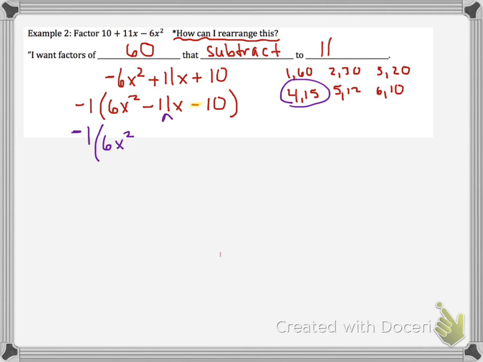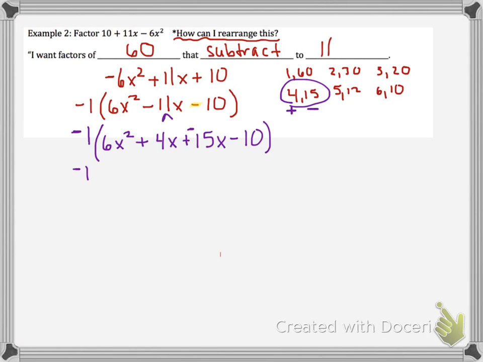We need our middle term to be a negative, so the higher one is going to be the negative term, and the lower one will be the positive. So we might rewrite this and say, okay, plus 4x minus 15x minus 10. Now, when you have that minus there, that can get a little awkward, so I think it's easier if you write it like this when we're going to regroup, as plus negative. So my negative one would come along for the ride,